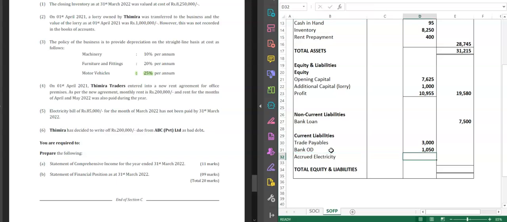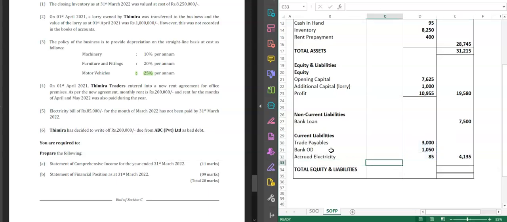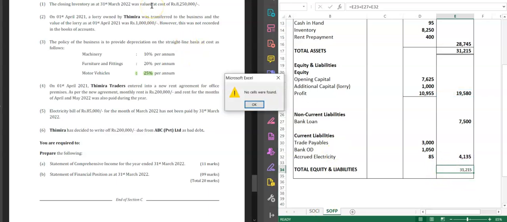That is 85. So total of that becomes 4,135, and the total equity and liabilities are 19,580 plus 1,500 plus accrued electricity. This current liabilities is 31,215. So you can see here now, this is